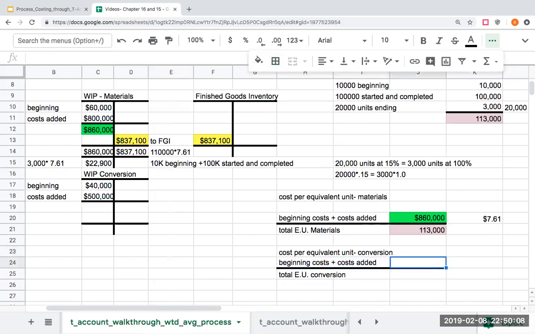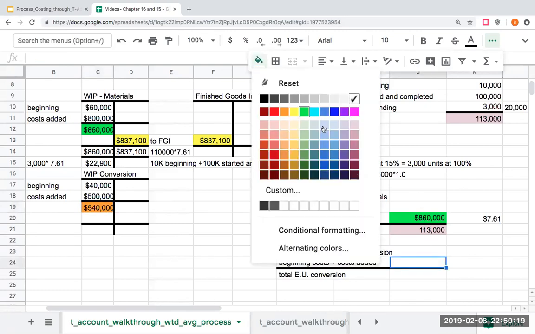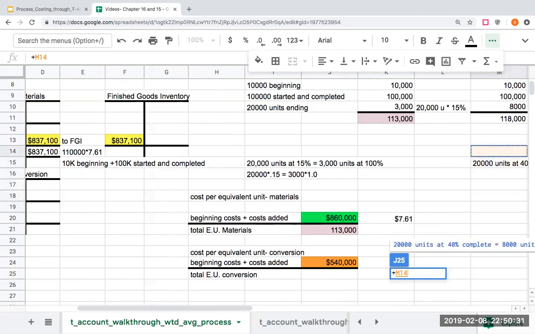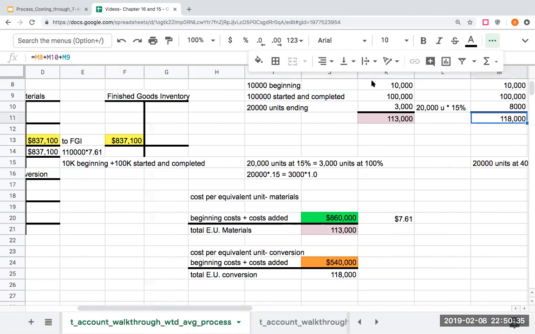Can't wait. So right here, this will be 540,000. And so my beginning cost here for conversion will be, excuse me, my total conversion costs were 540. And then my equivalent units for conversion are 118,000. And let's make these a nice